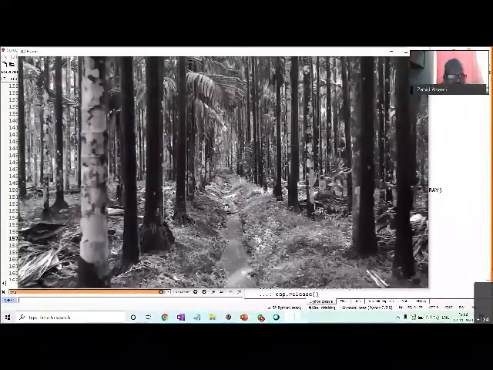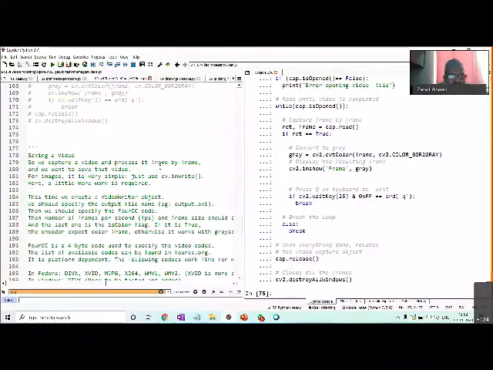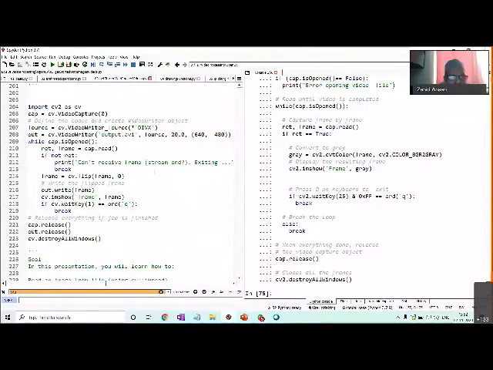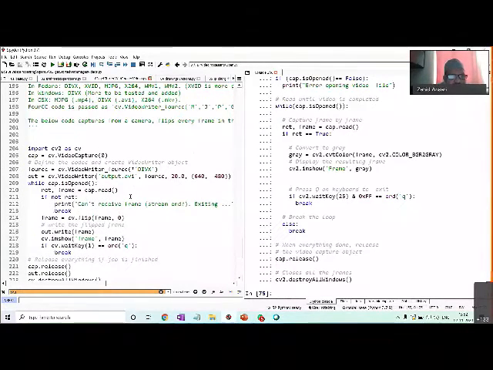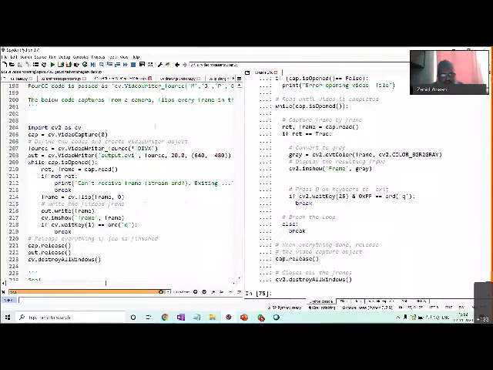Yeah. If you want to save it, in order to save, basically what is required is we need to define a codec and we need to create a video writer.